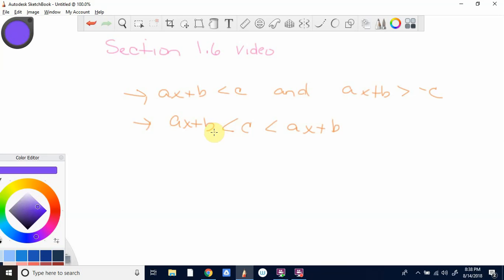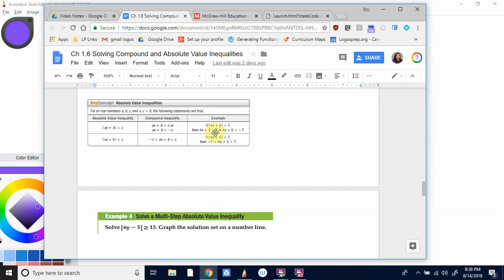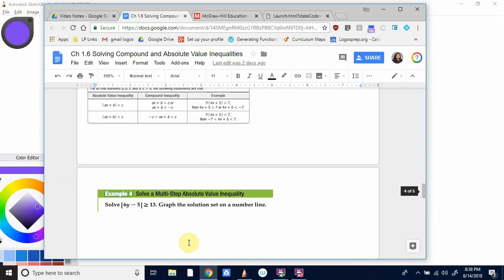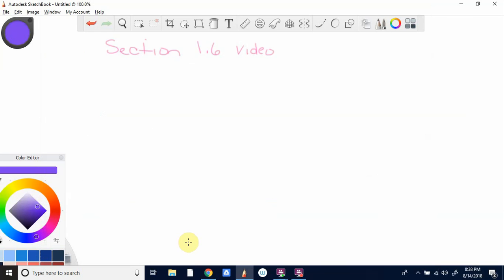Now let's look at example 4 here. Example 4 says solve the multi-step absolute value inequality and graph it on a number line. So we have the absolute value of 6y minus 5 is greater than or equal to 13. Okay, so first of all, the absolute value must be isolated, which it is. And it's a greater than sign, which means it's an or. So I'm going to have